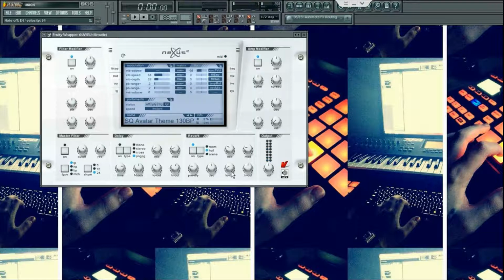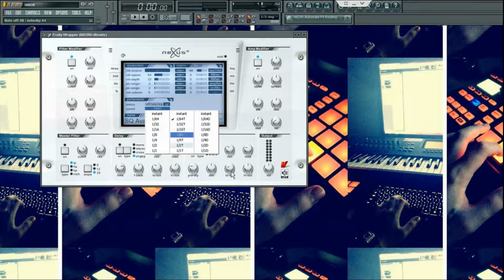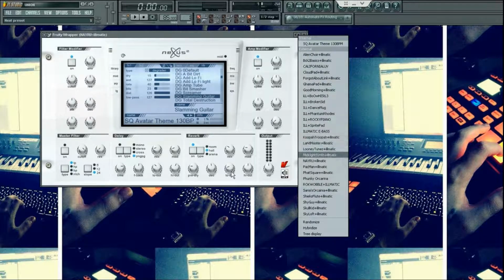This right here is called portamento, and basically what that does is you can make notes slide onto each other. Just with this tool, you have your speeds of how fast you want it to slide, instant, 1/64, 1/32. You can basically make a lead synth out of literally anything. I have my own presets up here,